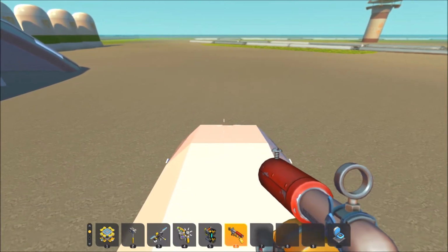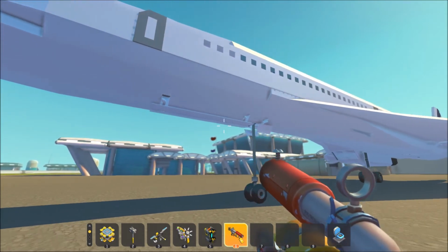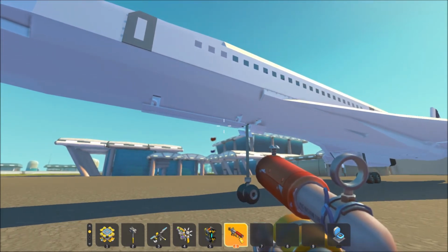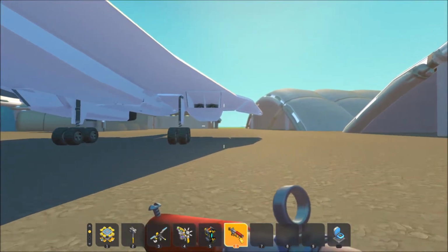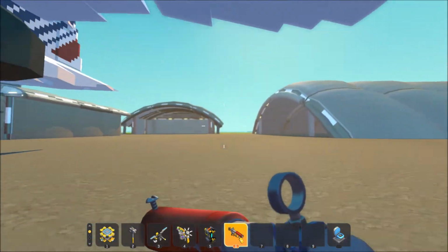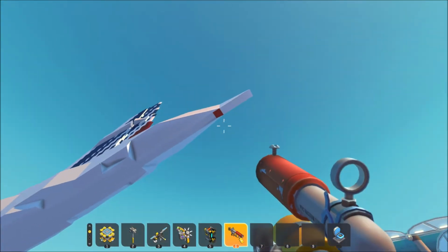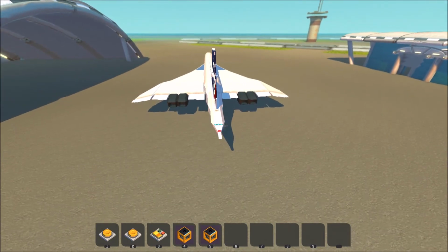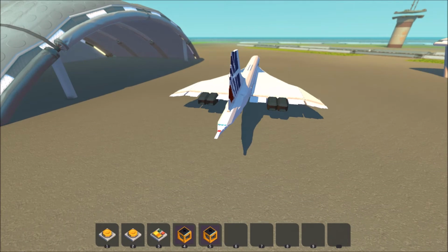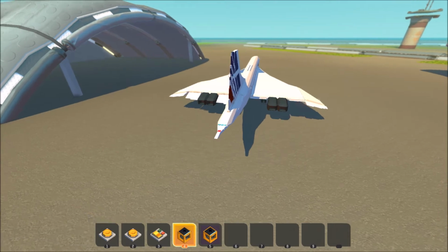This is not so much on ice, really, it's just not finished yet. It is available on the workshop. I called it the Concorde Beta, the beta version, because it is flyable, but there are some things that I still want to tweak, want to fix, that I'm still working on. So this plane, as I said, is flyable,